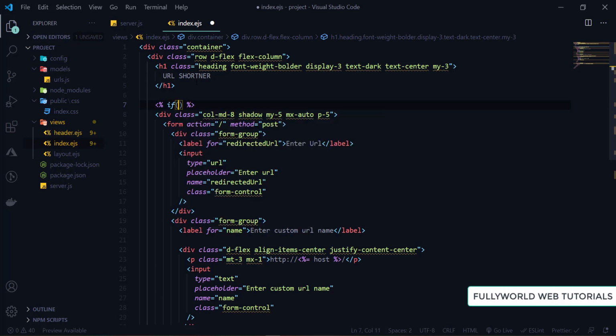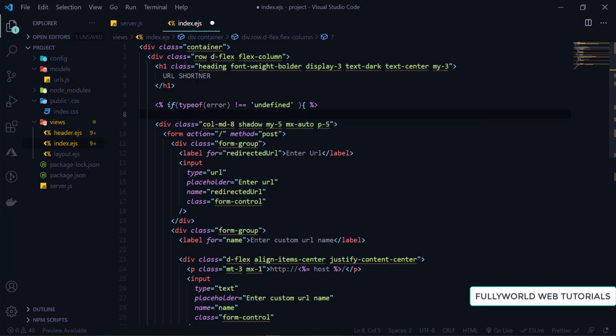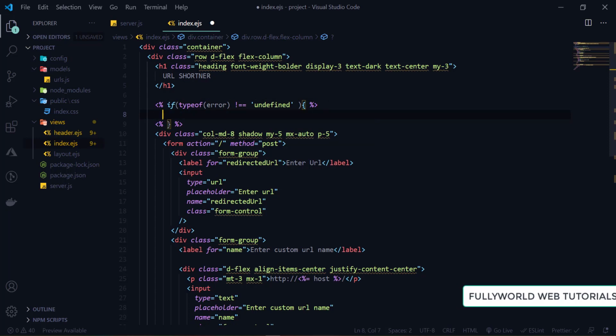So here we will write if typeof error is not equal to undefined, meaning if error is present here, then same like PHP we will do this. Here we will close this. Now here we will mention our error.